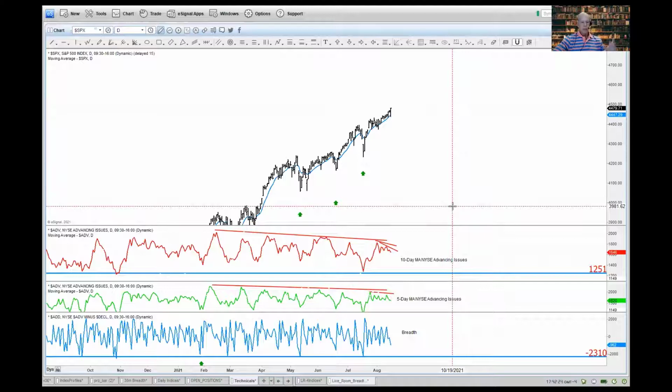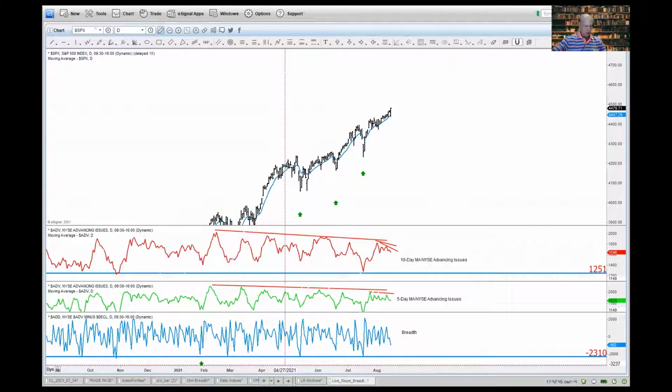And I outlined two scenarios in the report that I sent you. One is we start reversing this in Globex, we gap down and we retrace the entire range that we saw today. The other scenario, which I frankly think is more likely, is this. And I'm going to get to all the indices, and I'll give you levels to watch in all the indices. But I want to go over to